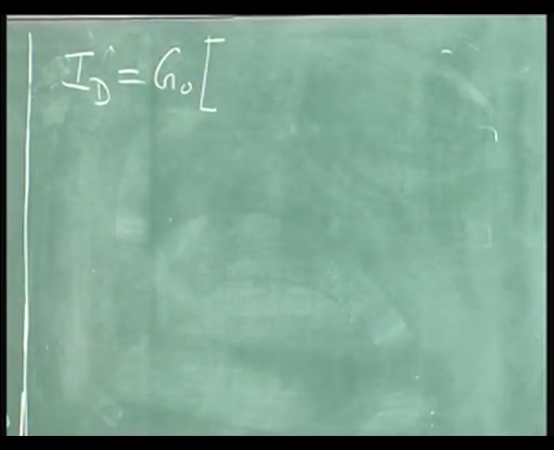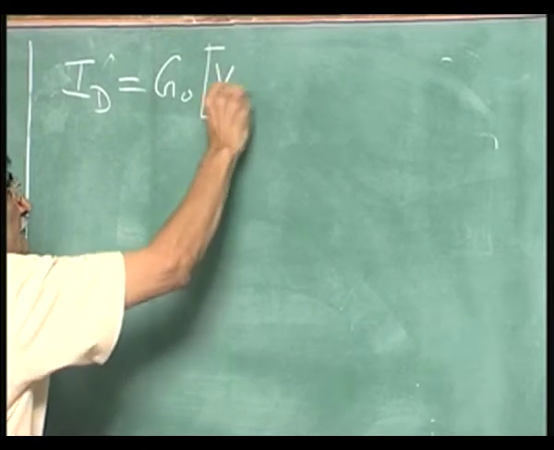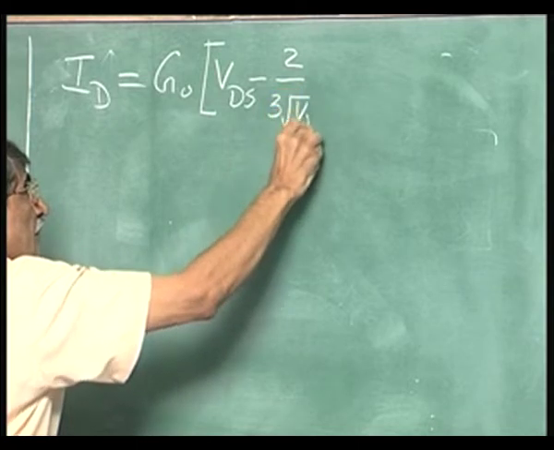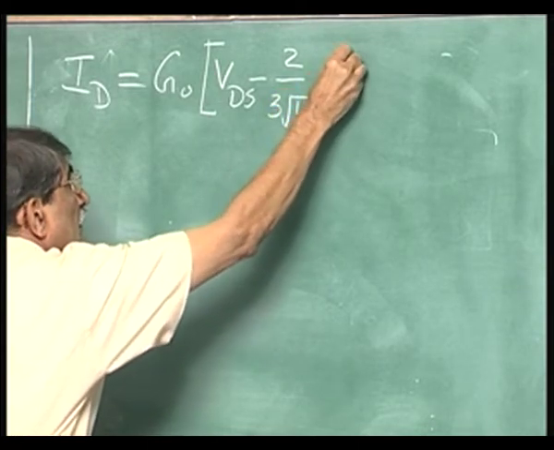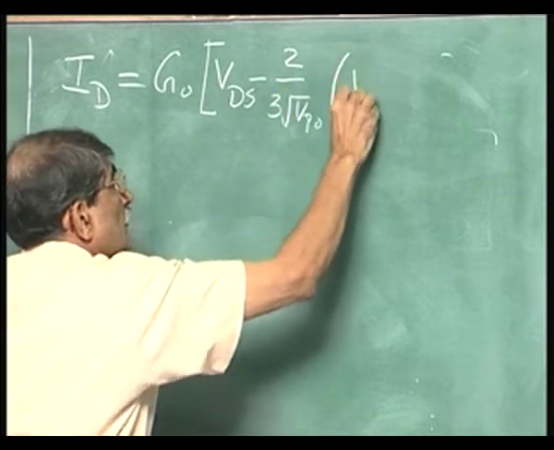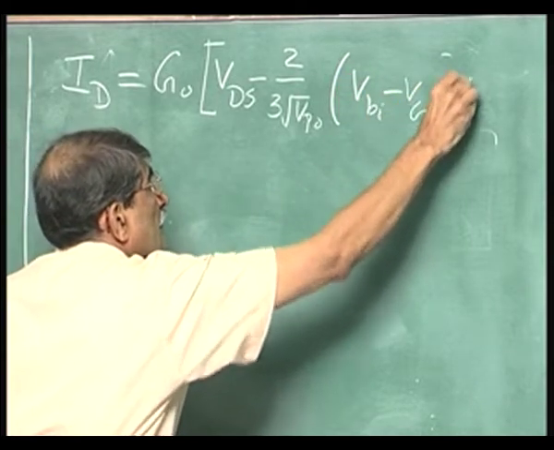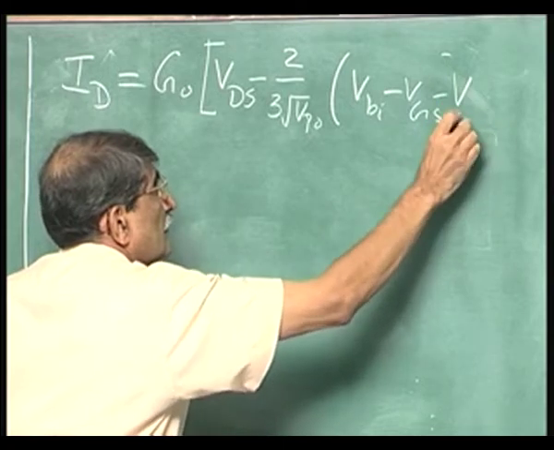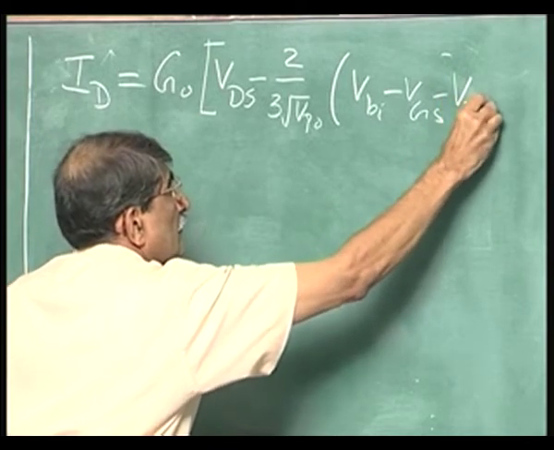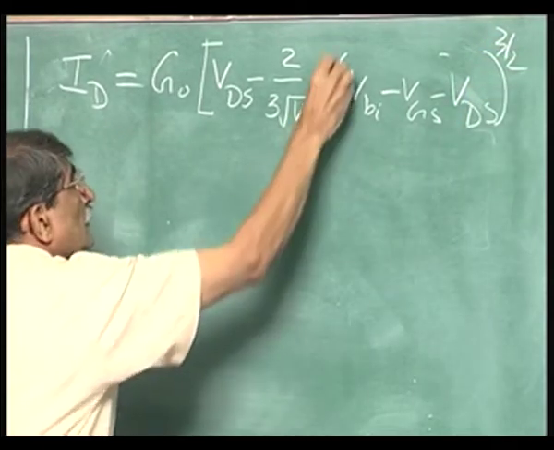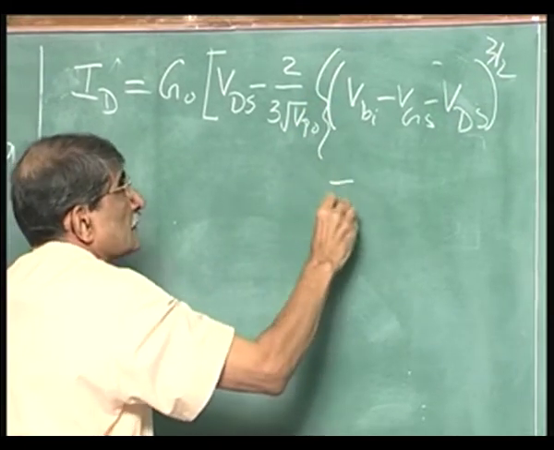G naught into V d s minus 2/3 of root of V p 0 into